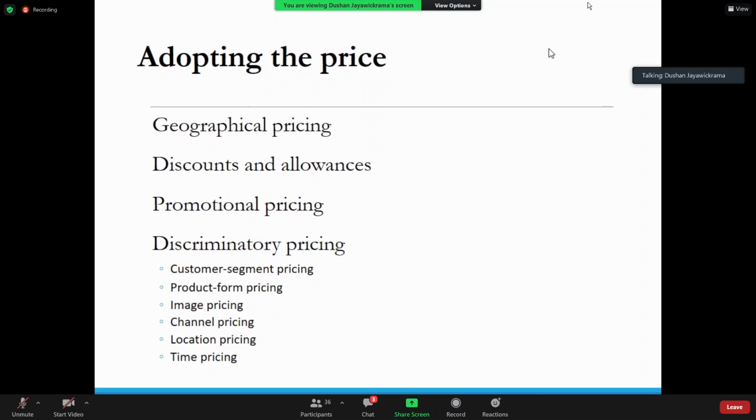So even after setting the price and deciding on the final price, we do something called price adapting. Adapting means making adjustments. Geographically adapt. I don't know if it still happens, but fuel prices have some differences within different regions depending on the transport cost. Gas prices, is it the same? Like gas prices in Colombo is different from gas prices in Matara? Or is it the same? Same. Okay, then it's not. It was the case. And discounts and allowances, again, we arrange and adjust the price.